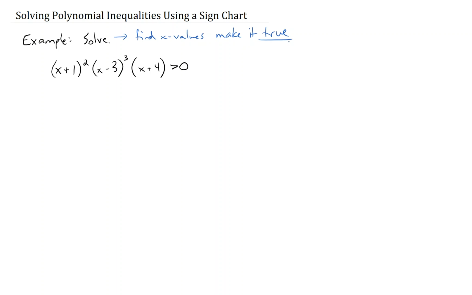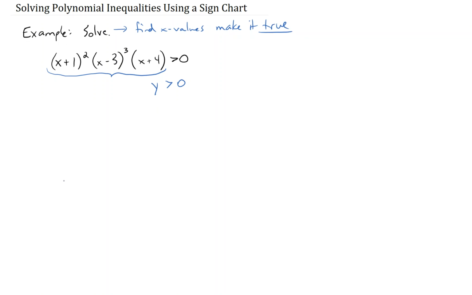Since we're finding all x values where all of this multiplies together to be greater than 0, it might be useful to label all of this as y. So what we're trying to do is make sure that y is greater than 0. Since it's an inequality, there might be an infinite number of x values that make this true, not a finite number. So the way we'll set this up is we'll create a number line chart, a sign chart,